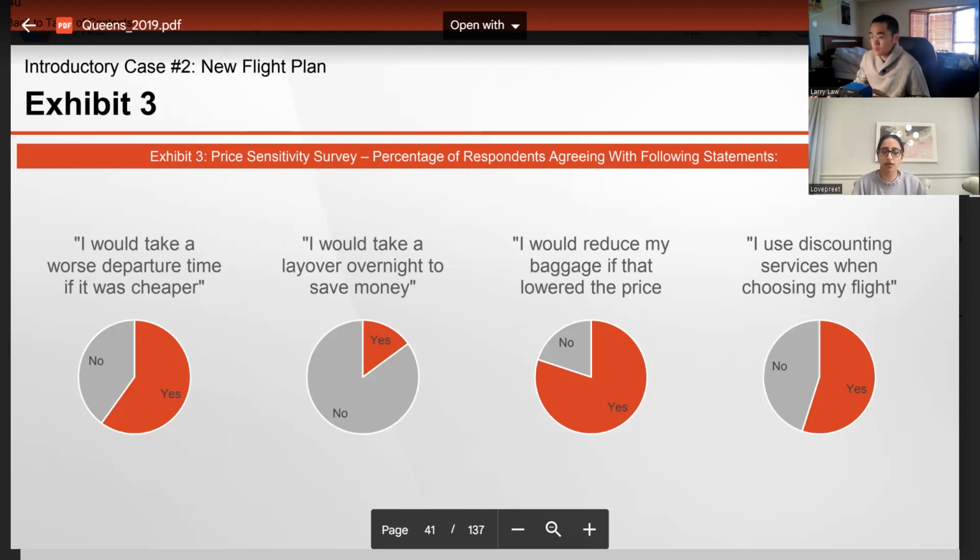A drawback of that would be with our staff, so operations. Staff would have to work at odd times perhaps, and scheduling could be a concern there. With bags